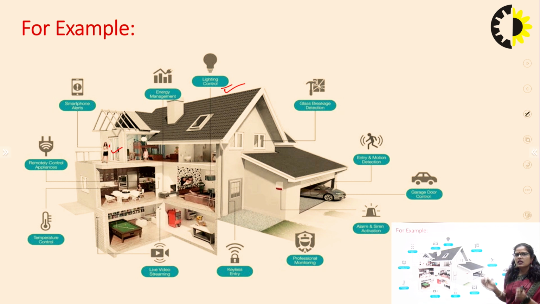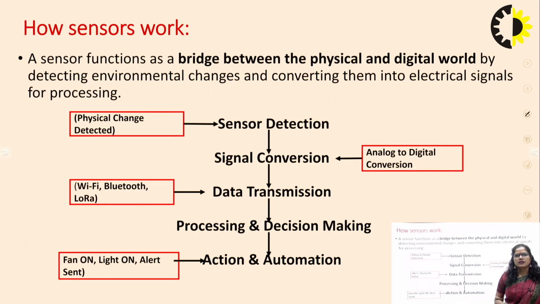In a single scenario, it is not necessary that we have only 2 or 3 or 4 sensors. We have a huge list, a particular list of sensors, right, for different tasks. Next we will talk about how the sensor works, right? The foremost step of the sensor is to observe the environment, observe the things. Basically it is a bridge between the physical and digital world.